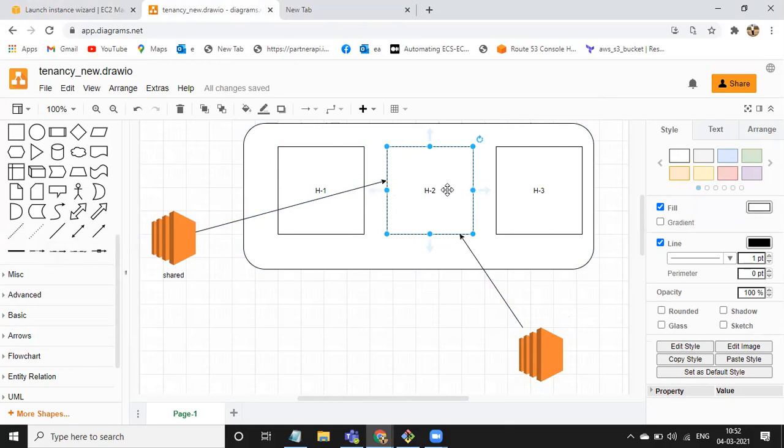What if this hardware goes down? For example, in the backend AWS data centers, this hardware got some issue. What will happen? Automatically, your servers will go and sit in another dedicated hardware, which AWS will give.